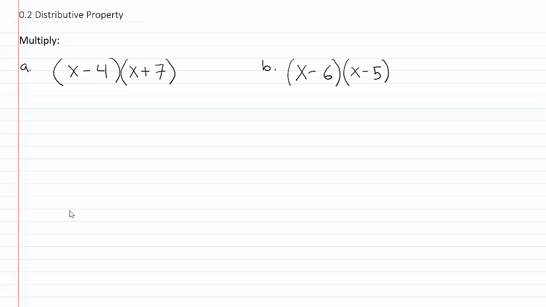All right, in this video they're asking us to multiply the two binomials together. Most people refer to this operation as FOIL, but actually it's really just the distributive property. So in other words, we're going to make sure that everything in this parenthesis gets multiplied by everything in this